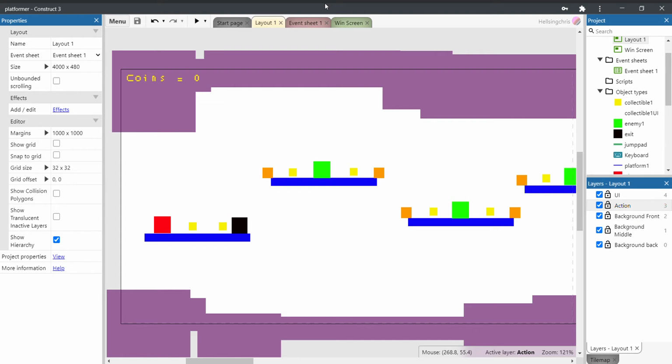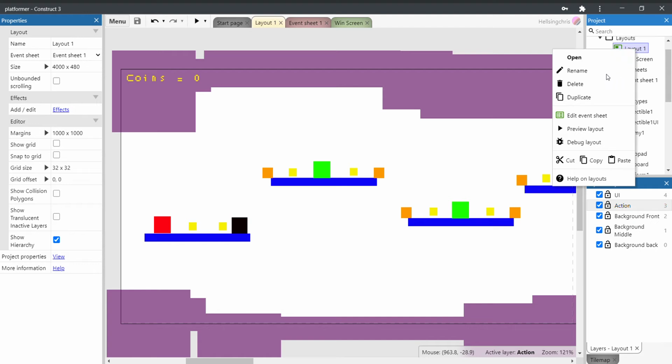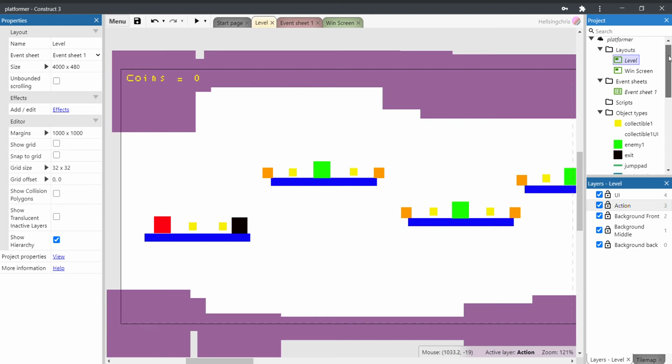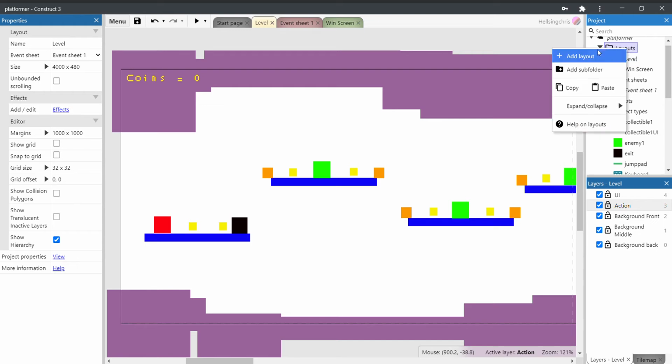So we're not actually going to be doing much with our level this time, although the first thing we will do is rename our layout 1 to level. So if we just click on layout 1 and rename that level, because the order of that list is important, which I'll talk about in a moment. So to create a new layout, if you go to where it says layouts in the top right hand corner and click add layout,